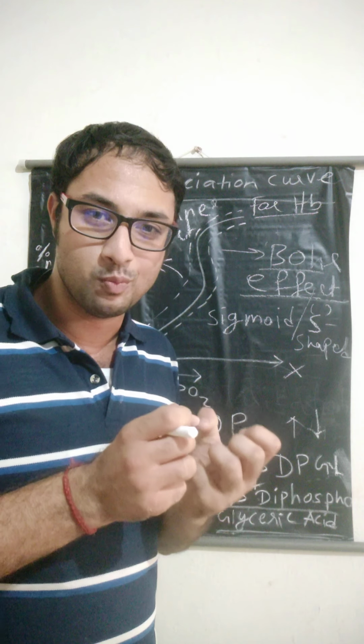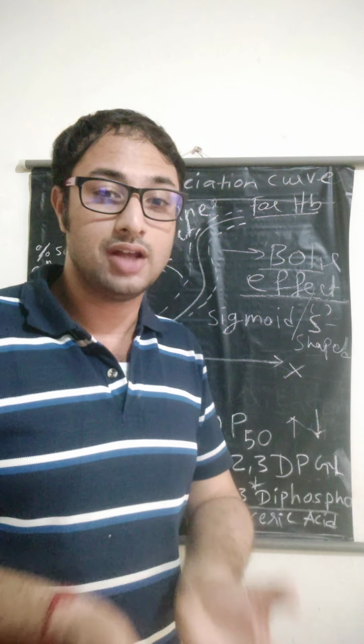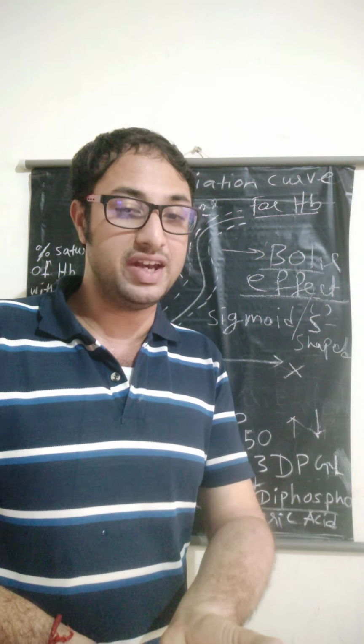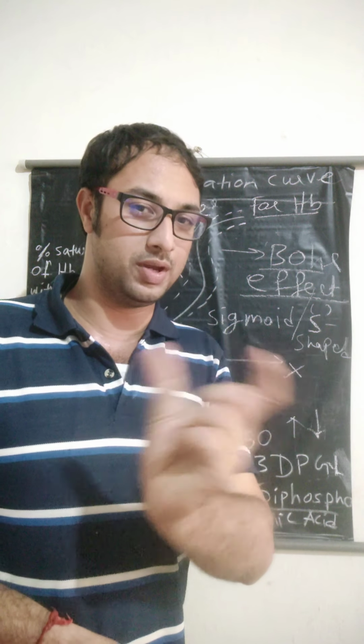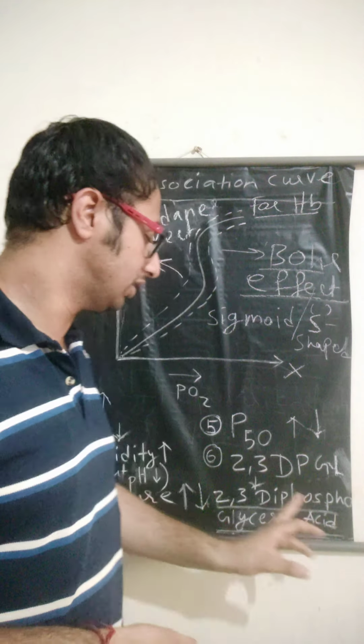Then what will happen? The mother's blood will not bind with oxygen more, and more oxygen will be available to what? The fetus. So the fetal hemoglobin, in which the value of 2,3-DPG is less, will bind more to the oxygen. That's why the oxygen binding affinity of fetal hemoglobin is what? More than the mother's hemoglobin, because in the mother's hemoglobin a 30% increase in the level of 2,3-DPG takes place at the time of pregnancy.